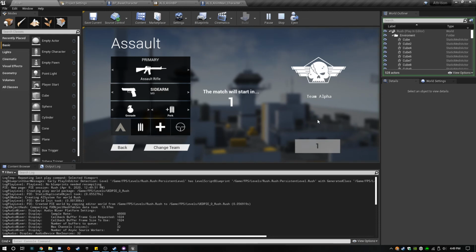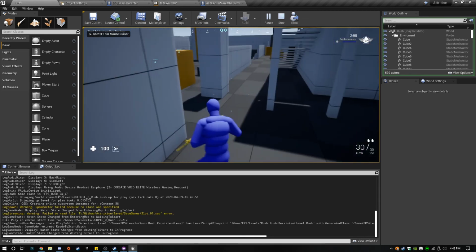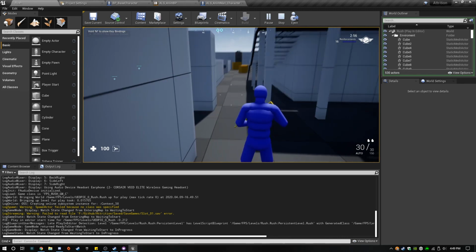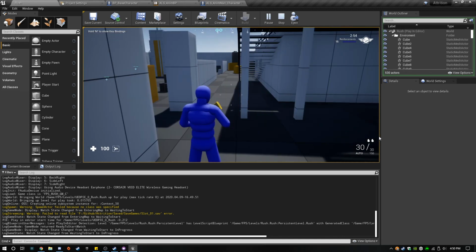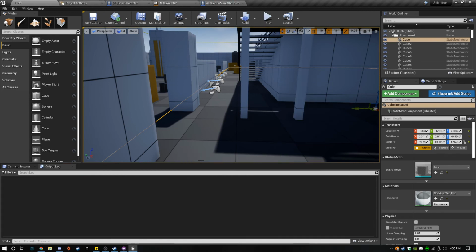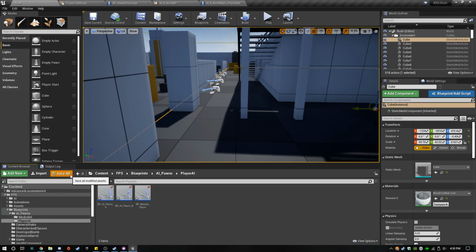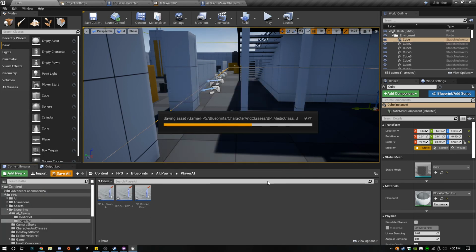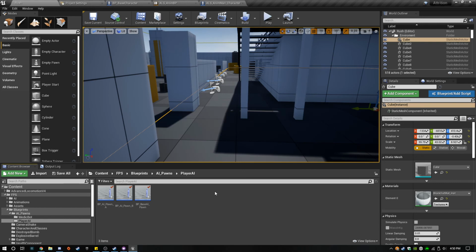Alright, let's test that. So C by default is change camera, so we hit C, we go to the left, hit C again, we go to the right. Okay, well, that looks good. Let's go ahead and do some gameplay now. We're going to test our reload animation. We're just going to test how everything's looking, how everything's functioning right now, and we'll also show you guys some gameplay, obviously.